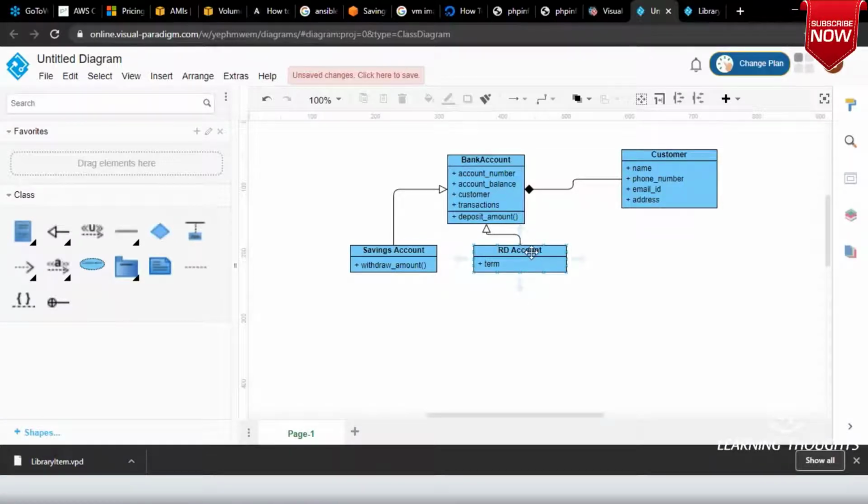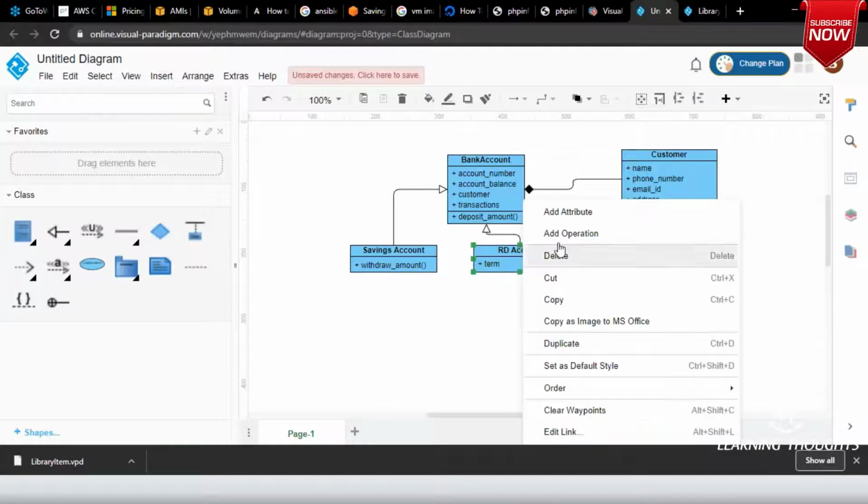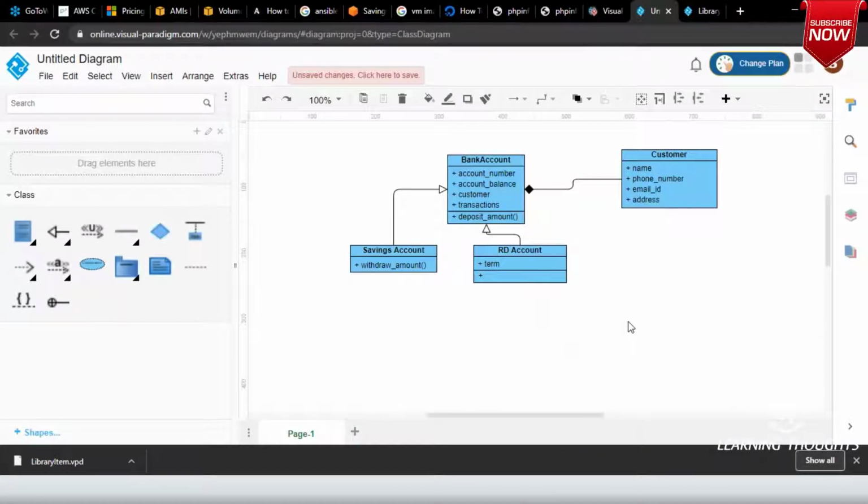Right. And recurring deposits will have one operation which is called as premature withdraw. Yes or no? Right. And then we would have one more operation which is, okay, once your RD's period is over, then you can do it. Okay. Right. So similarly, you can add fixed deposits and all of that stuff.